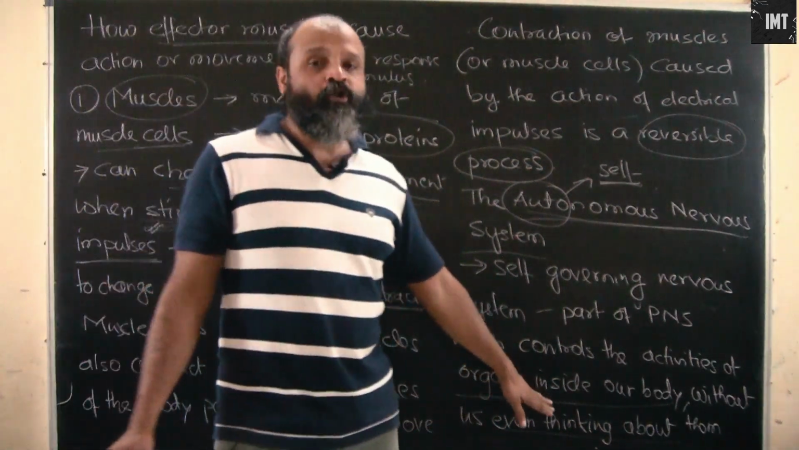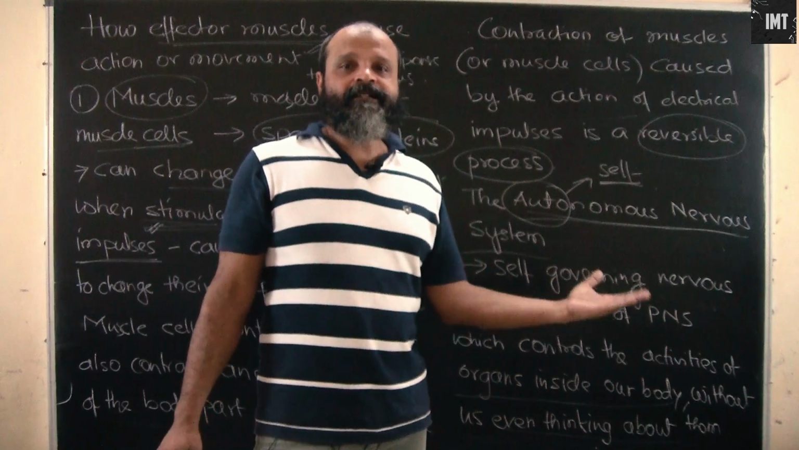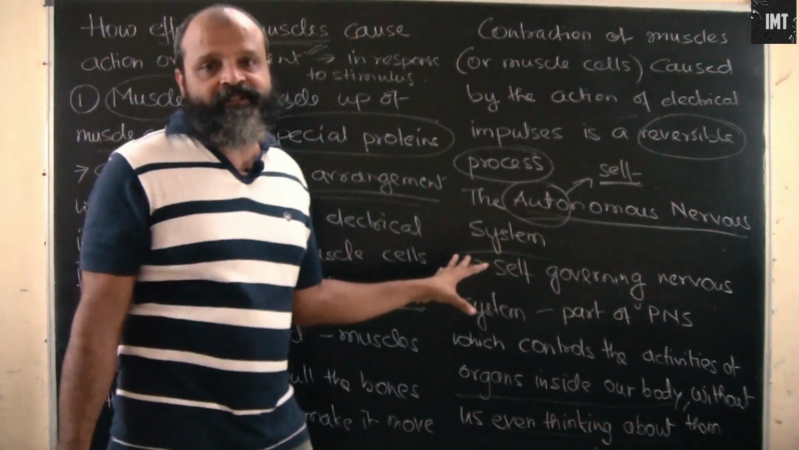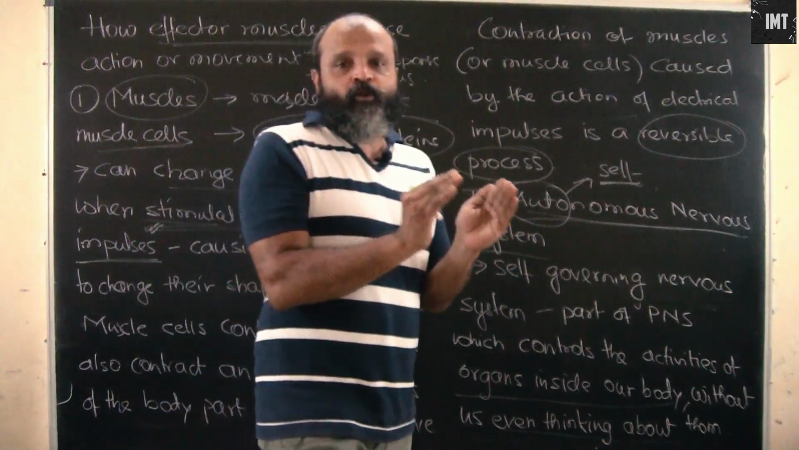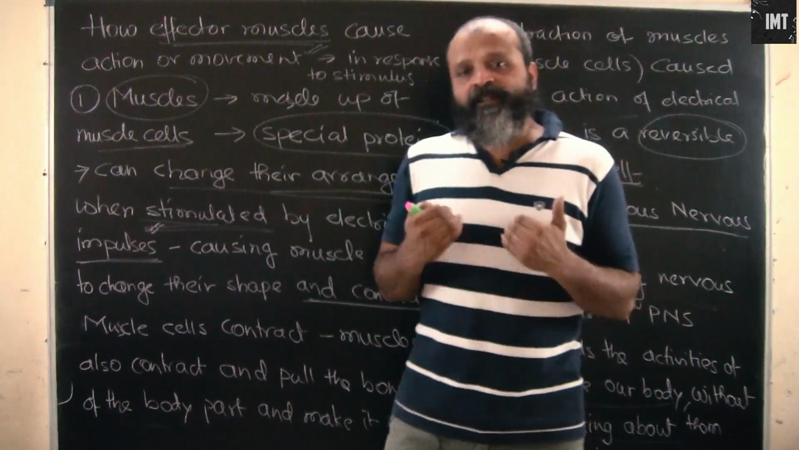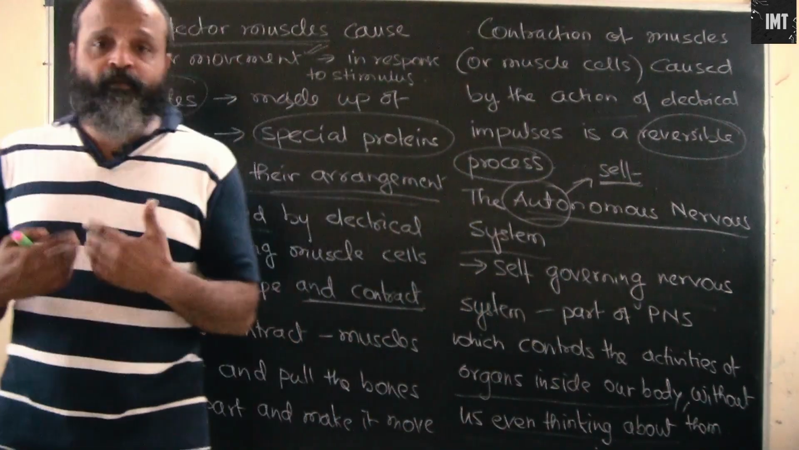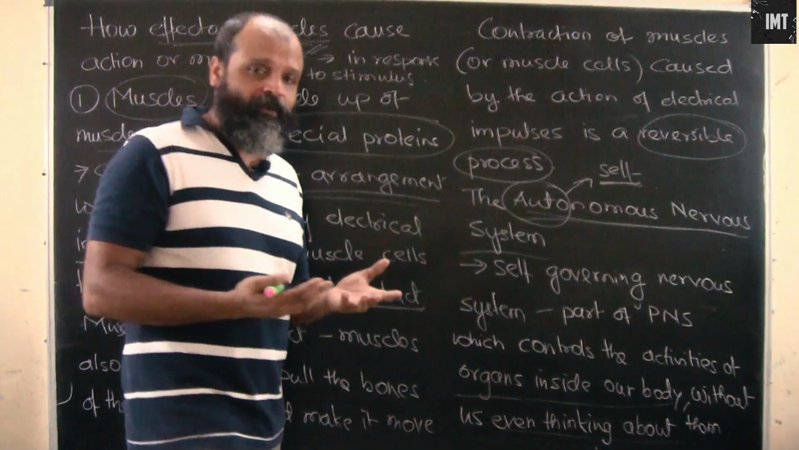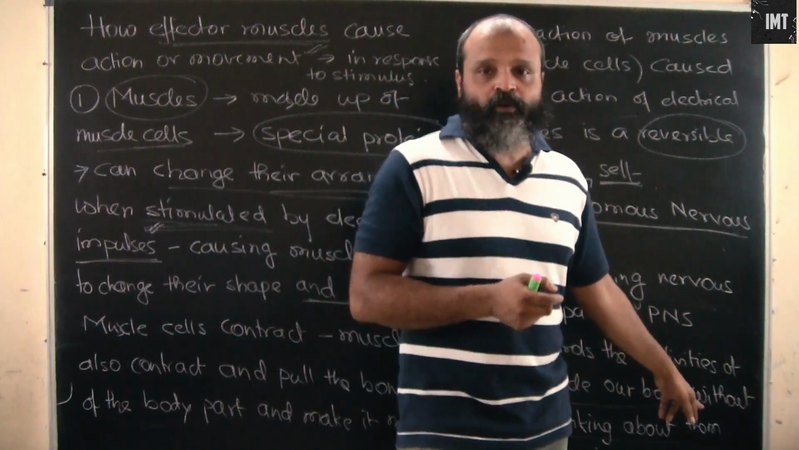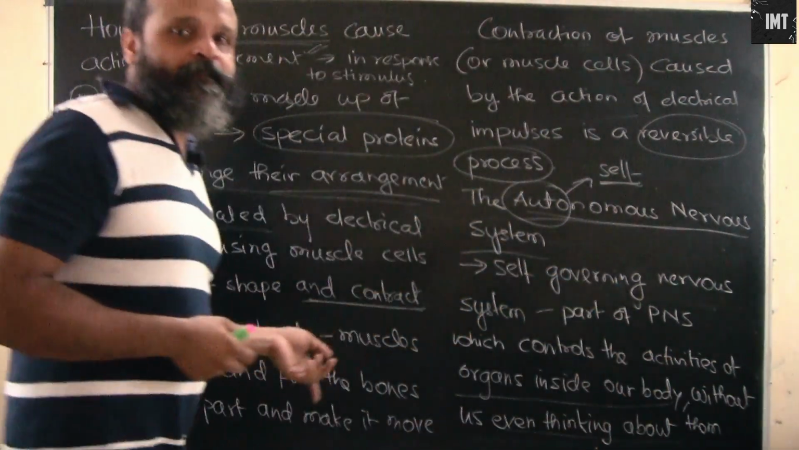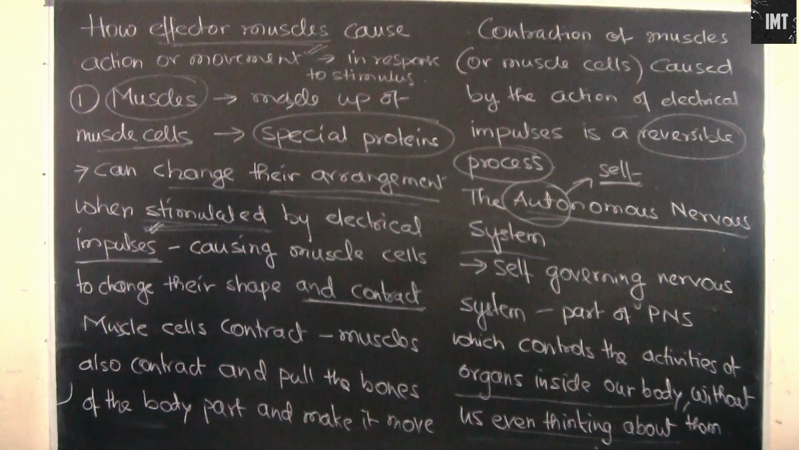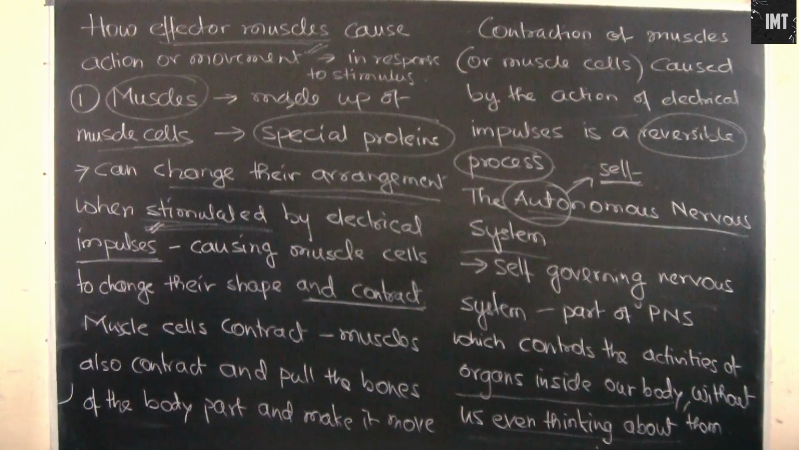So we are not consciously thinking about it, and still it is getting controlled. So that's how the autonomous system works. It basically controls the organs within our body without us even thinking consciously about it. That is how it is getting controlled. Okay, so you can take a snapshot of the same, while we will study in detail about the autonomous